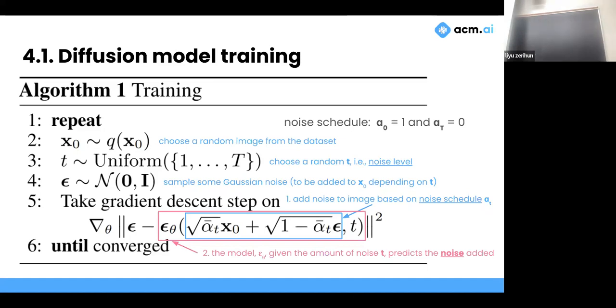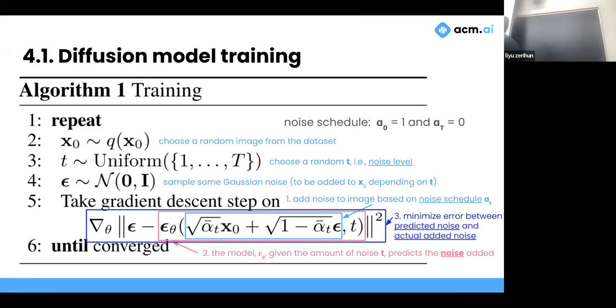the model, epsilon theta. In machine learning, when we see theta subscripted to a thing, that usually means this is a trainable part of a model. The model is given our two inputs, our noised image and our current time step t, which represents how much noise we have added to the image, right? The model takes these two things as input, and it predicts, very crucially, the noise that was added. It does not predict the image itself. It does not predict what the image originally is, but instead it predicts the noise that was added.